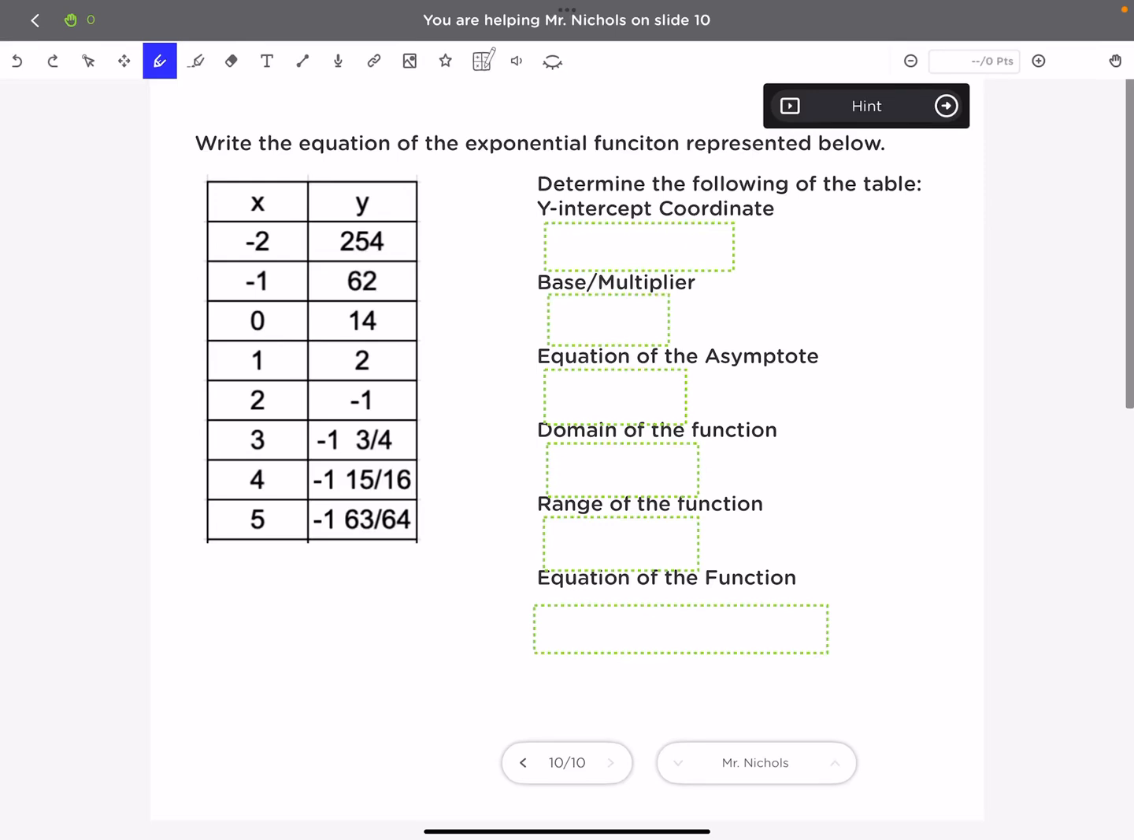Okay, so this might be the trickiest problem with the tables. The thing to notice is that here you can see that we're getting really close to -2 without actually being -2. So that tells us that our equation of the asymptote is going to be y is equal to -2. It also means that when we have our equation of the function, we're going to end up with a -2